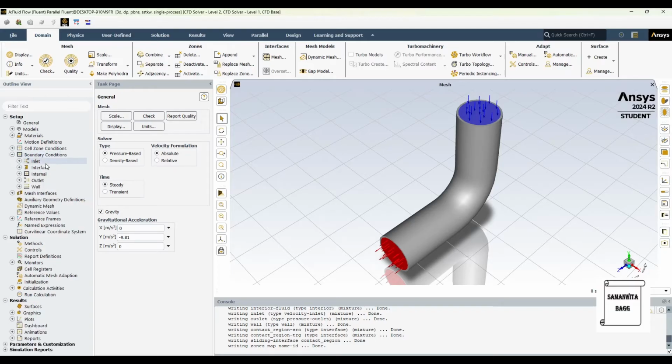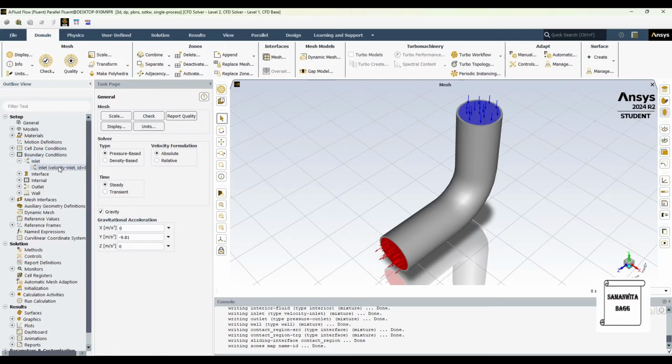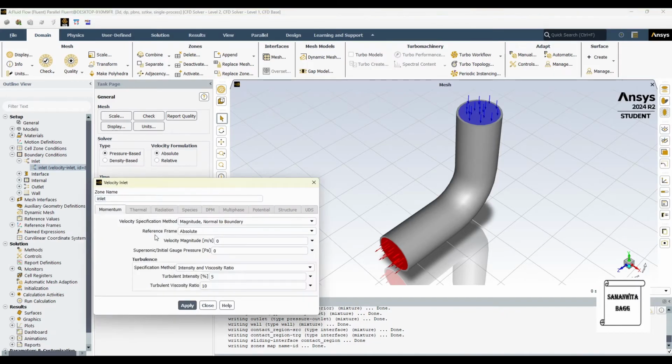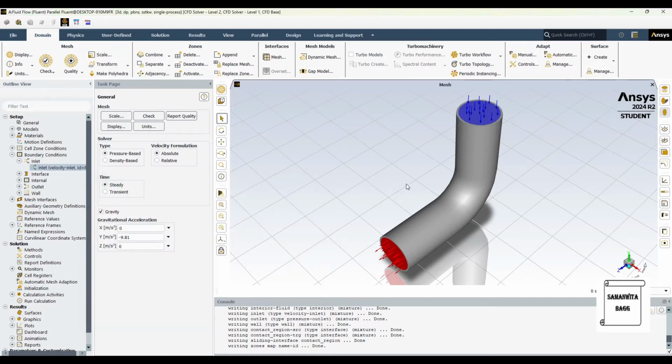Next I'll go to boundary conditions, inlet velocity, double click. Here I'll give the value of velocity as, say, 2.5 meters per second. Apply, close. So this value also I've set.